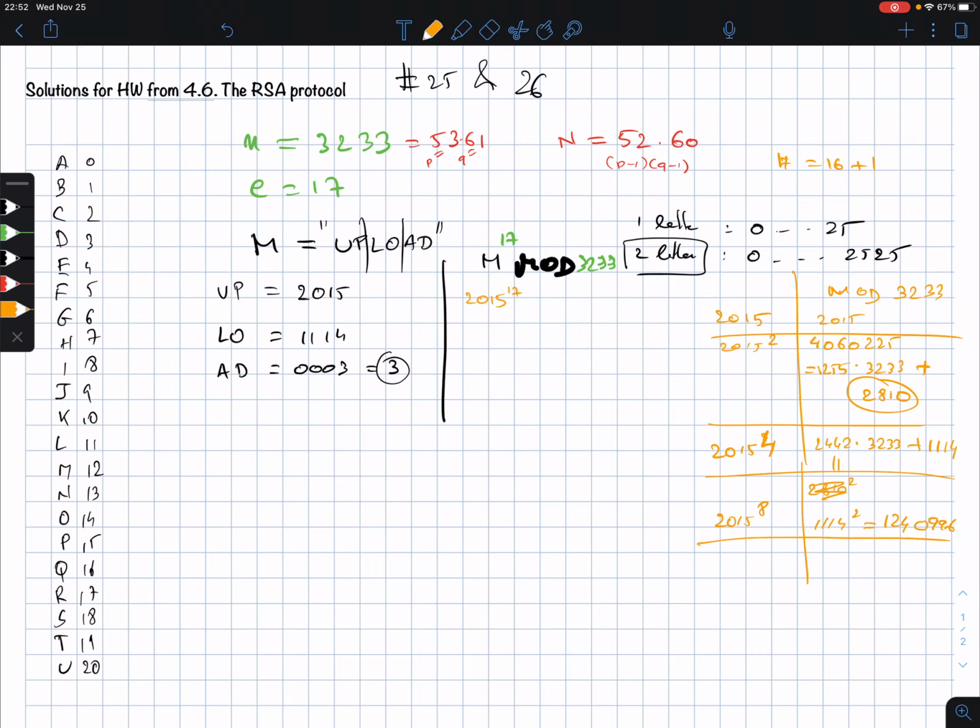That is 124096 divided by 3233, that is 383 times 3233, and subtract this. That is 124096, that is 2700 plus 2775. Okay, and then finally, this is still 2015 to the power 16, so we have to do 275 squared, that is